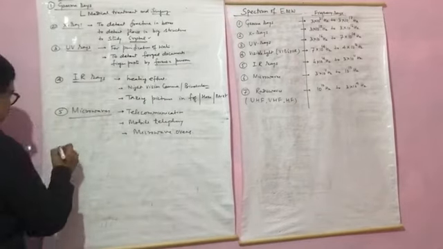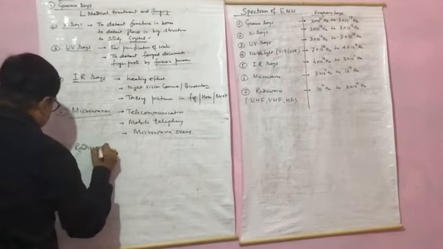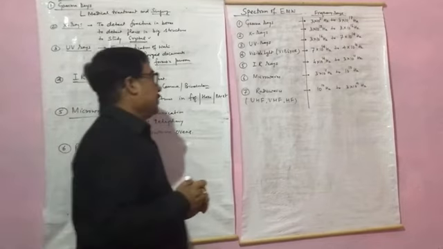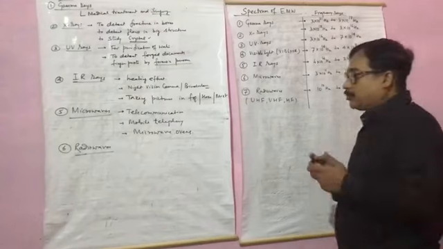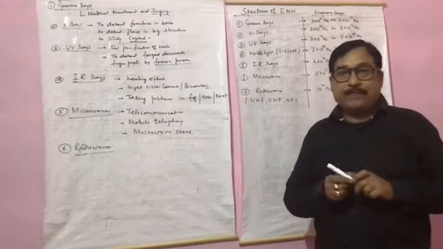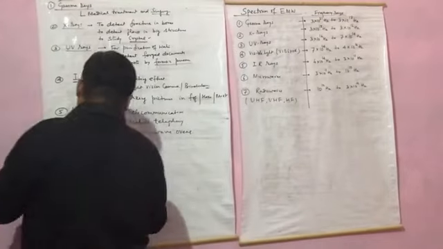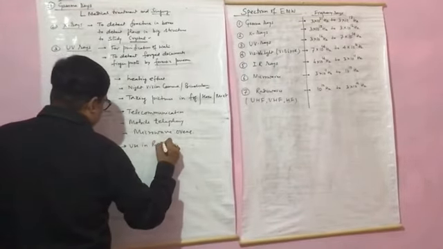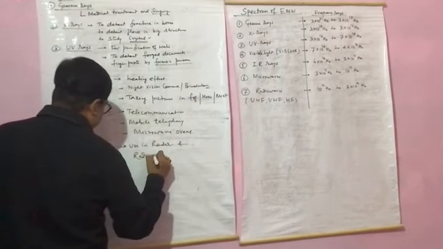And the last one is radio waves. So radio waves ranging between 10 to the power 10 Hz to 3 to the power 4 Hz are actually used in radar and telecommunication also. So used in radar and radio communication.